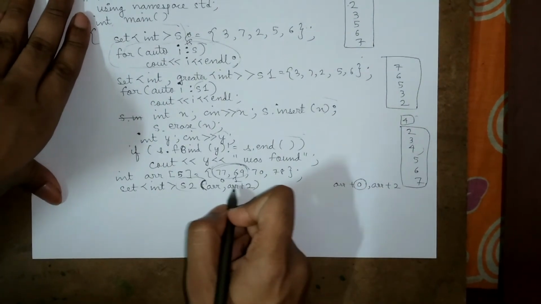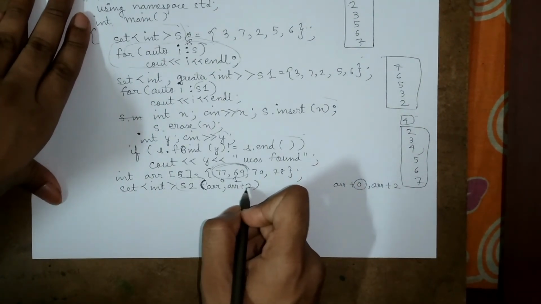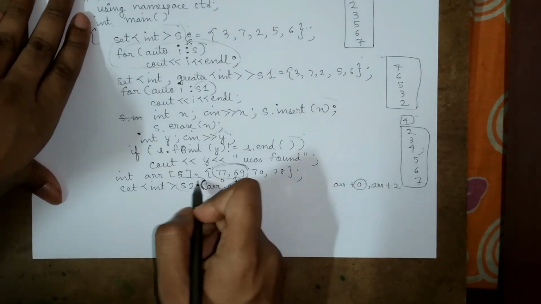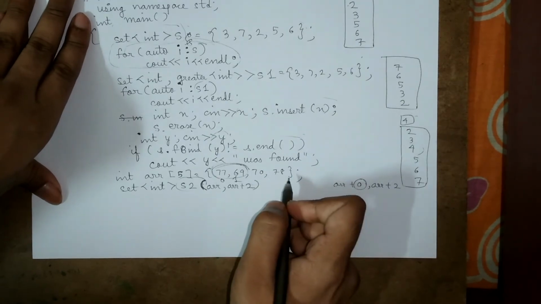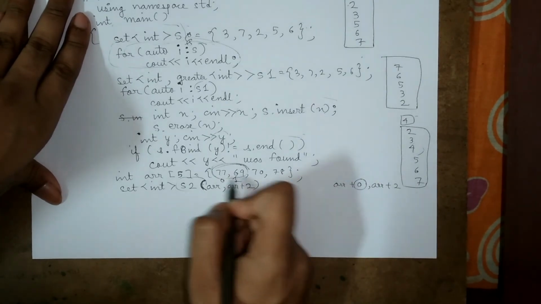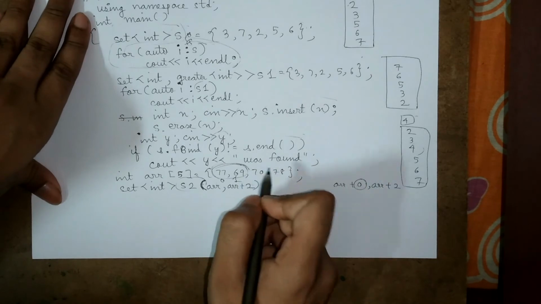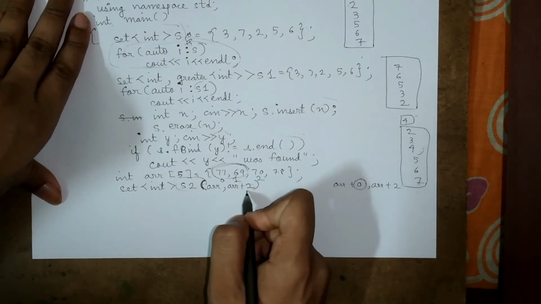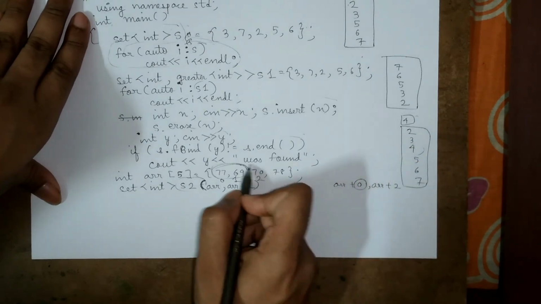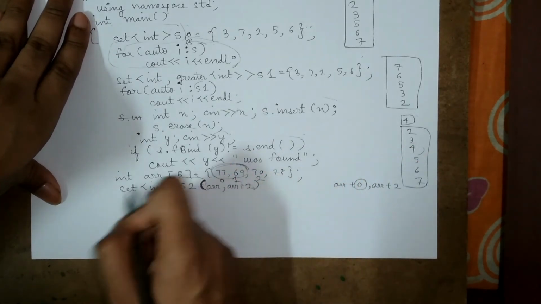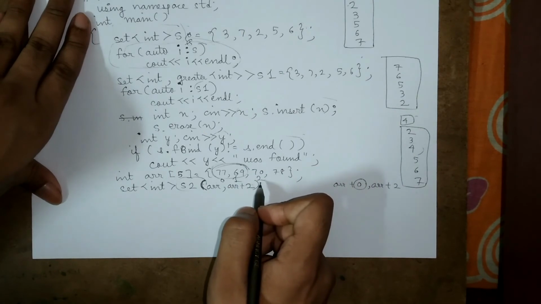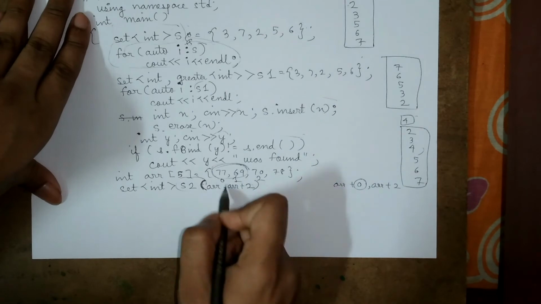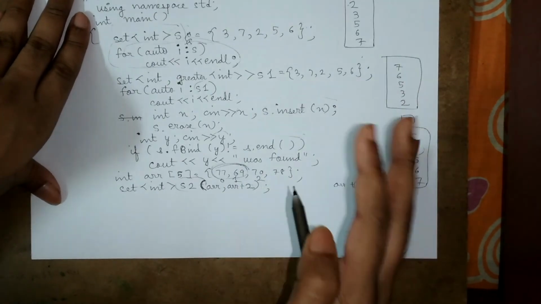Okay, and let's say if instead of arr plus 2, there was arr plus 3, then how many elements would have been there inside the set? There would have been 3 elements, and the elements would have been 77, 69 and 70. So this would happen when we have 3 over here instead of 2. Okay, so this is how we can copy some array elements into our set. And if we wanted to start from not 0, then we could have written arr plus 1 also over here. So it depends on the user, what the user wants to copy or not copy.